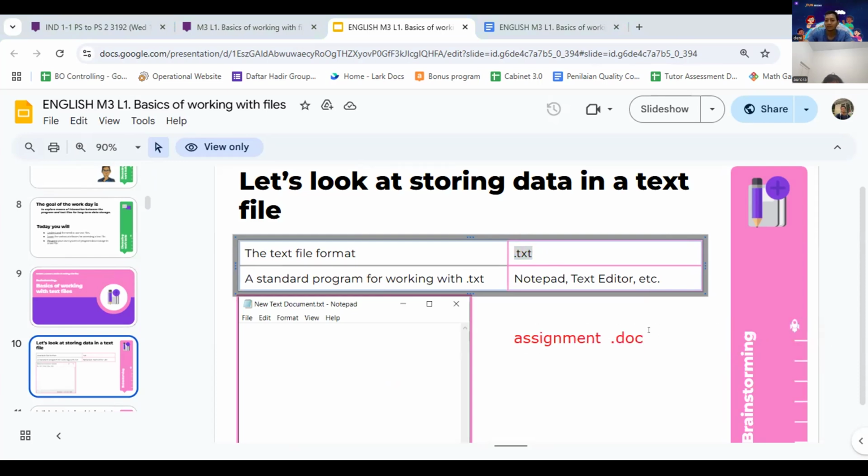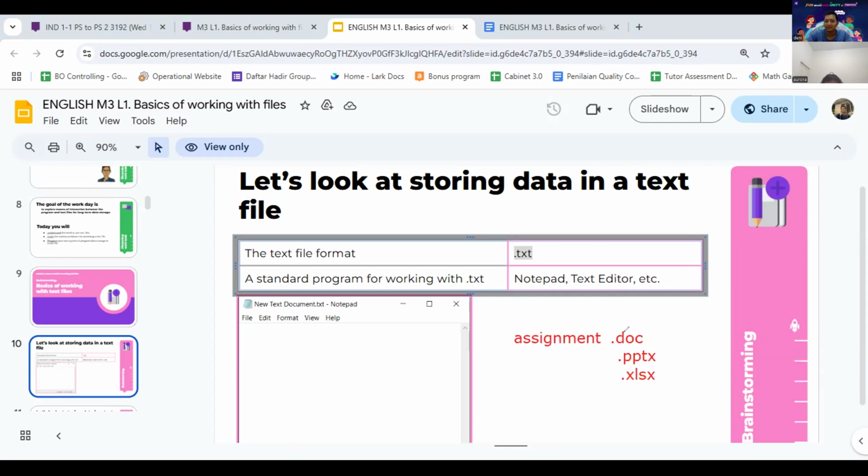And when you create slides, a presentation, the name will end with PPTX sometimes, right? And for Excel, XLSX, right?